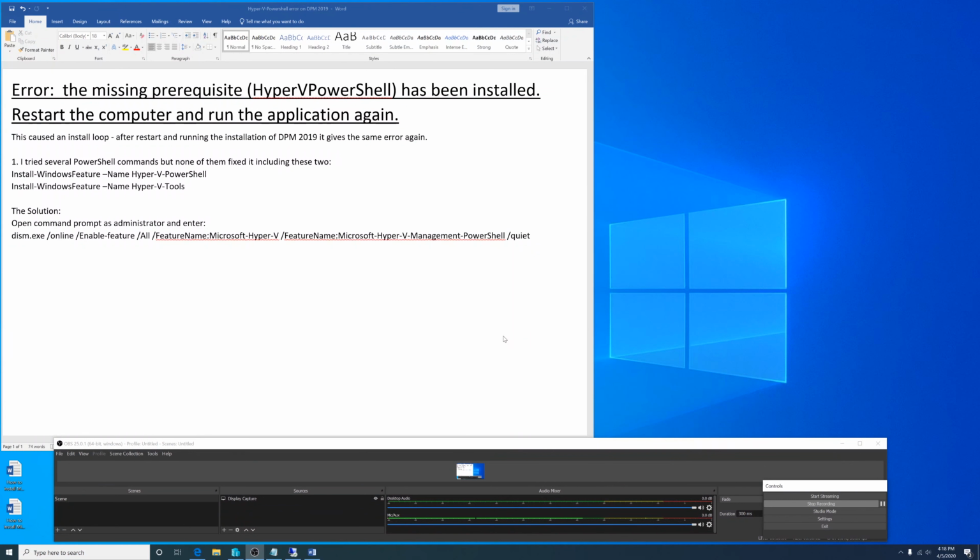While installing DPM 2019, I came across this error: the missing prerequisite HyperVPowerShell has been installed, which then informs you to restart the computer and run the application again. This caused an install loop for me, because even after the restart, it still would say HyperVPowerShell has been installed